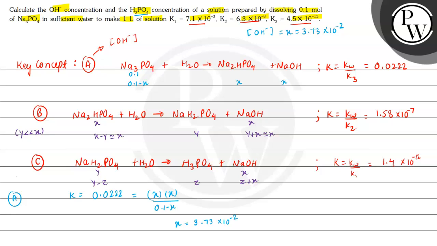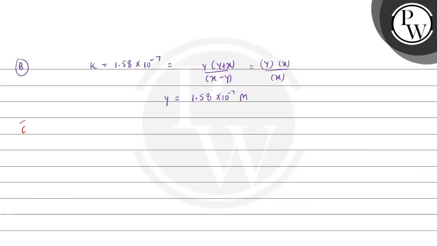Here Z is really small as compared to Y. So Y minus Z will be approximately equal to Y, and Z plus X will be approximately equal to X. That means for this part, that is for C, the value of K